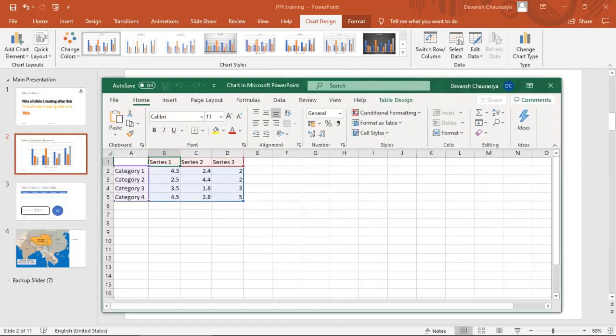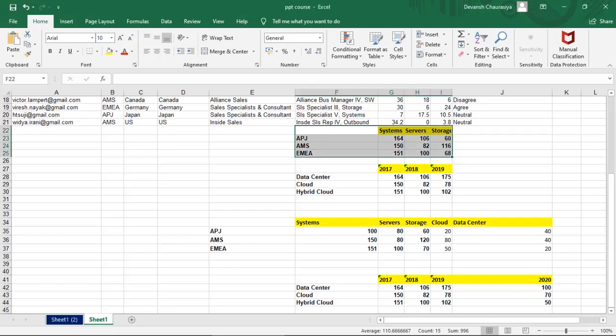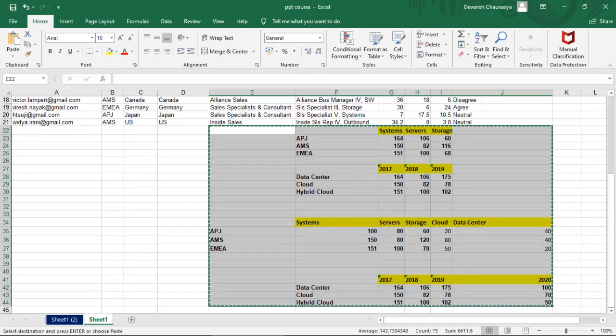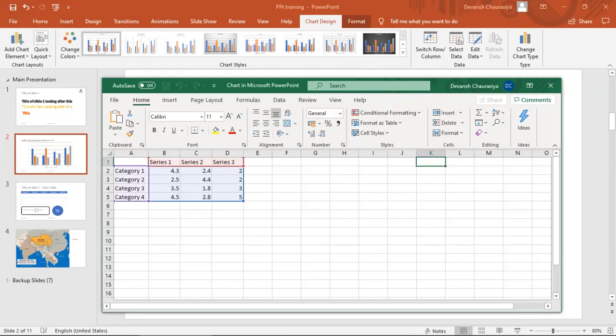Drag it, make it a little bigger, and let me copy all the data in one shot somewhere here.